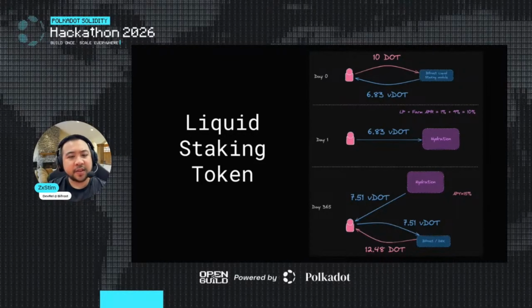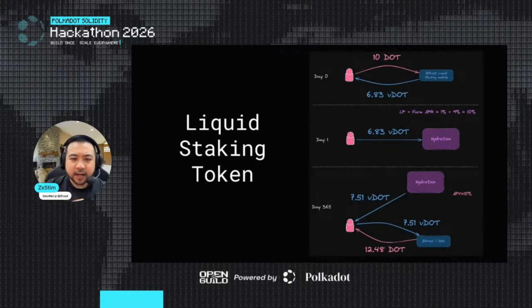You will mint, in this case, 6.83 vDOT out. So now your DOT is proactively participating in consensus, earning proof-of-stake yield. Now you take your vDOT and go to another chain, for example, Hydration. Let's take Hydration as an example. Hydration allows you to LP plus farm APR, which is